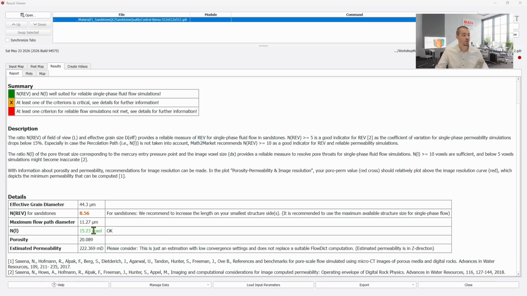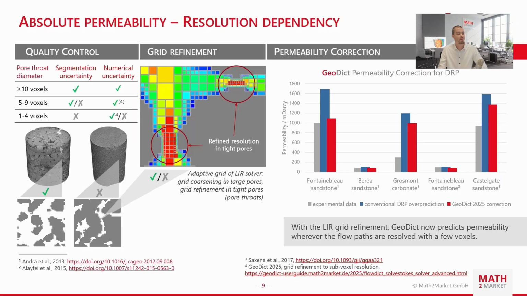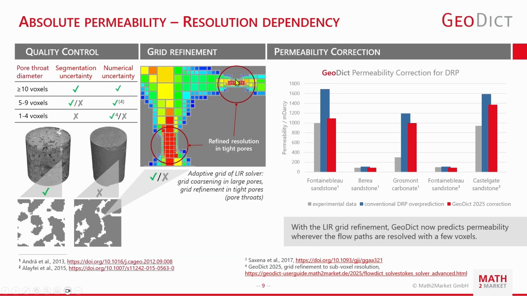For that, I'm just going to quickly jump back to our presentation, where I should mention that if we take a look at this illustration of pores and pore throats, we can already see that at some tighter pores, like this one here, the resolution of your micro CT scan may not be enough to capture this pore throat in enough detail. And this is where we built in 2025 the numerical grid refinement, which basically helps to assure higher numerical accuracy